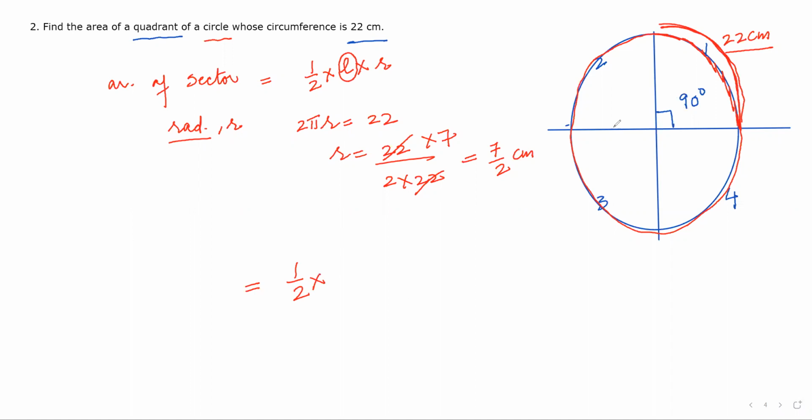Can anyone tell me how much the length of this arc will be? One circle is getting divided into 4 parts. So, correct, 22 by 4. Into R. What is the radius? We already know, 7 by 2. Beautiful. So this will be 11, so it will be 77 by 8. Right, students? This is the area of the quadrant. This is in centimeters, so centimeter square. Students, shall we try to find this by another method? Do you want or not? So we can use the formula of area of quadrant also. Half